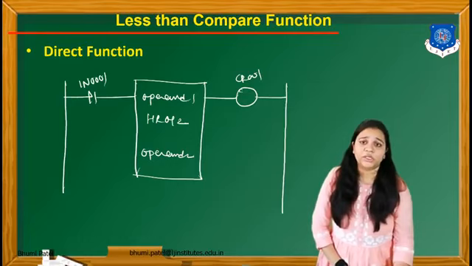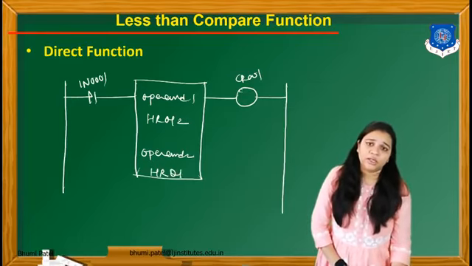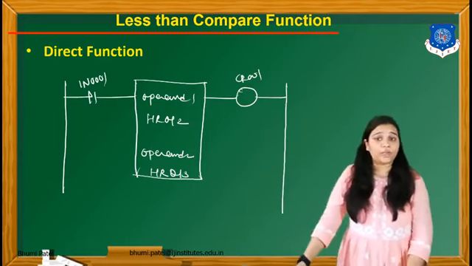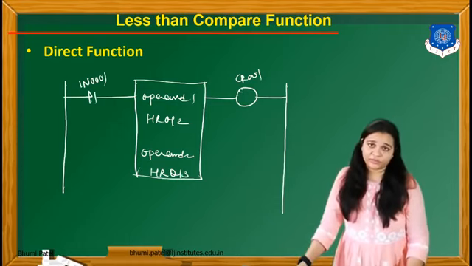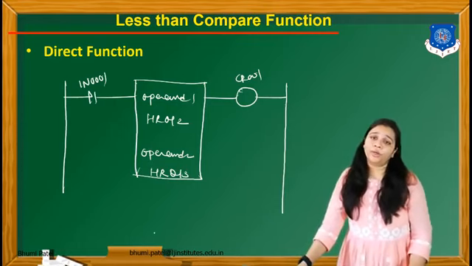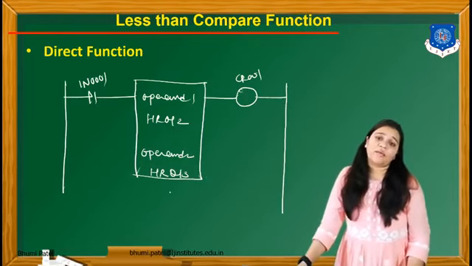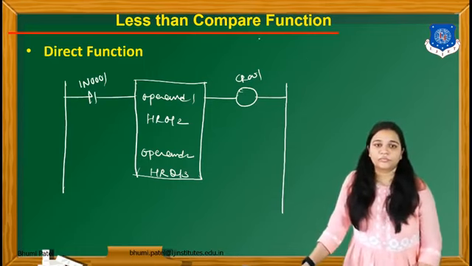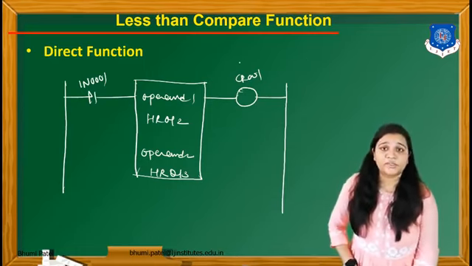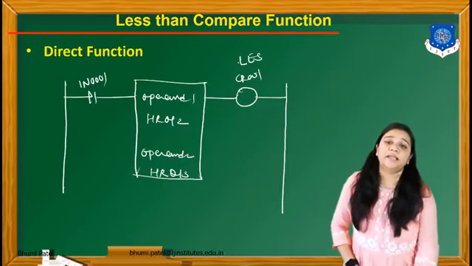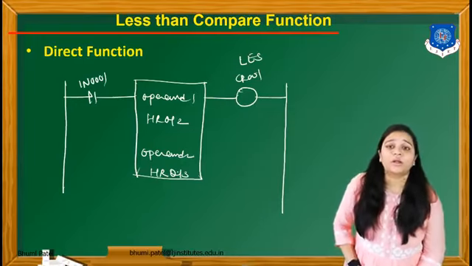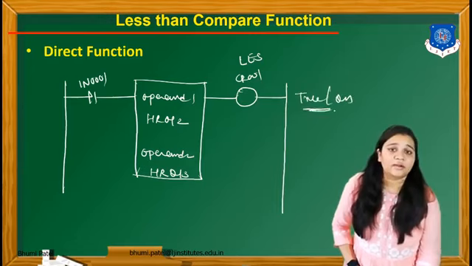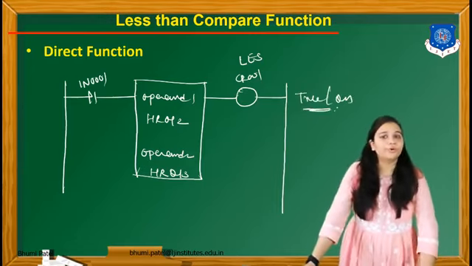In operand number 1, we have to take a register or a number. Whenever you write the theory, you take a register or a number. But whenever you draw the function for an example, you have to take the value that is given in the program. So here we take two unknown registers, HR012 and HR030. And what is the compare function for less than? The direct function of less than is LES. If the number is less than the other number, that time the output goes on, or true. Otherwise the output goes off.